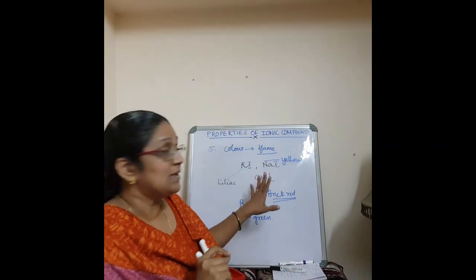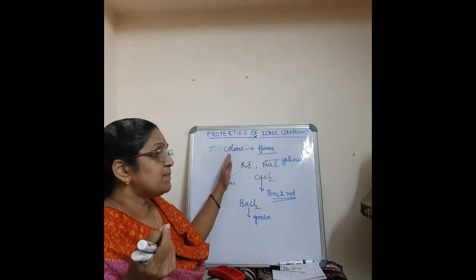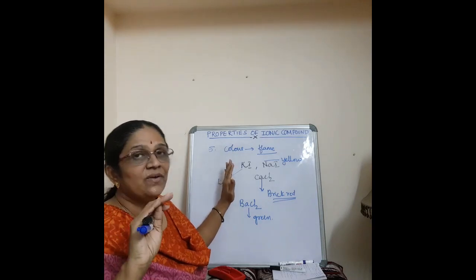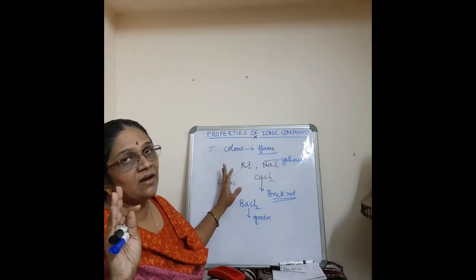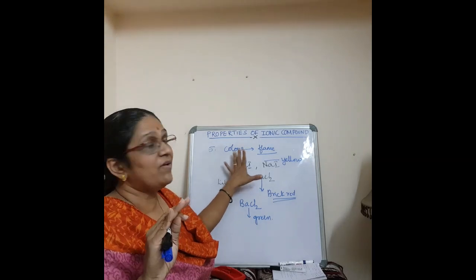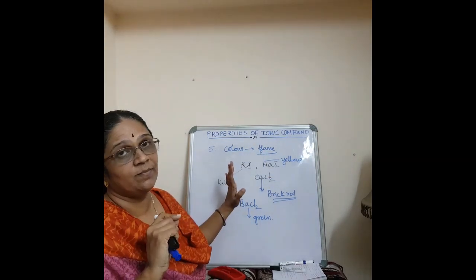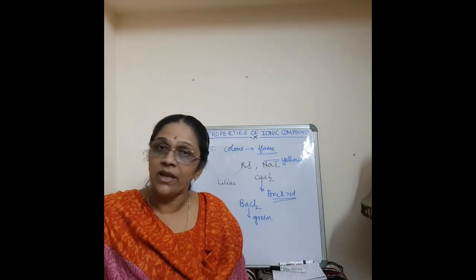Okay. The chemistry behind this you will study in higher classes. That is, in this metal there are free electrons, and the excitation of electrons will cause the metal to give the flame color. So you can learn that in the higher classes. So just study that. They will show a characteristic color when shown directly into a flame. Okay, that's all. So these are the 5 properties of an ionic compound.